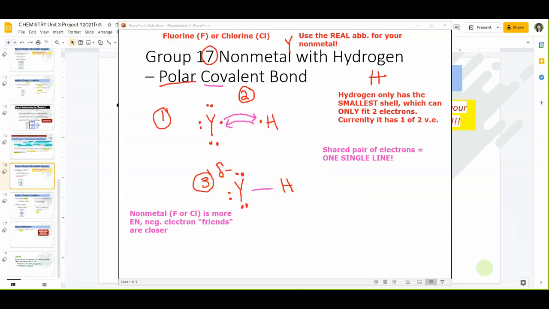Our hydrogen, on the other hand, is going to be more electronegative. So hydrogen is more electronegative, and so the negative electron friends are further. And just like in your life, if your negative friends are further away from you, then in that case you would actually become partial positive. So we have a partial positive charge here. So this is what your final diagram should look like, exactly like what you see up here in steps 1,